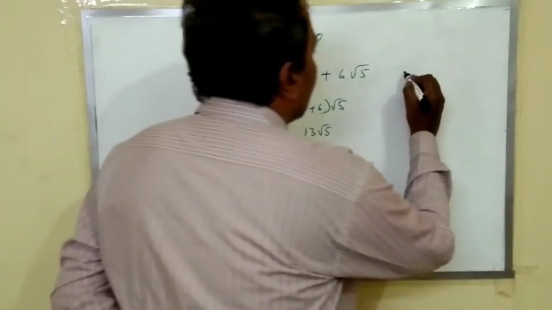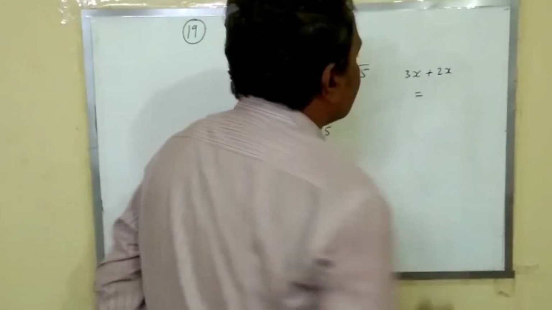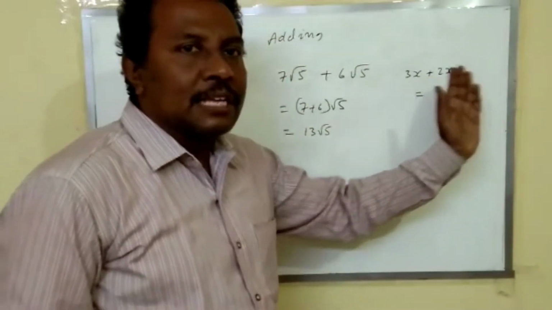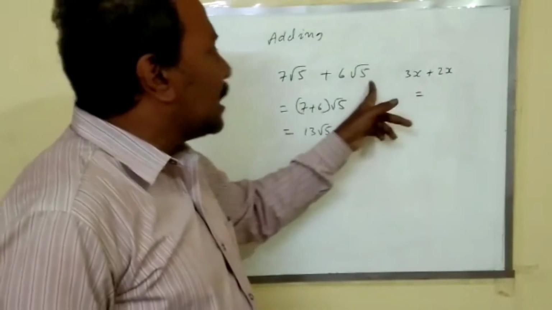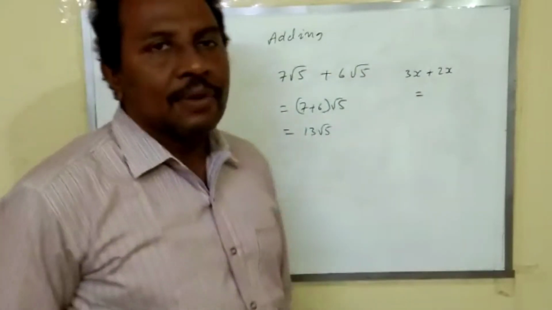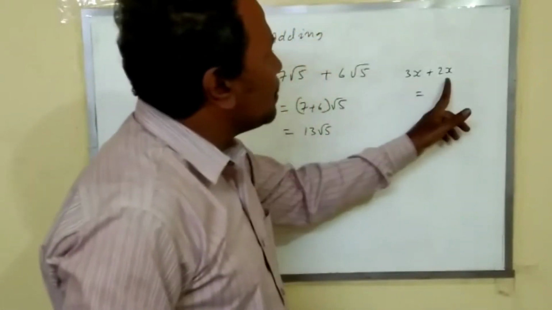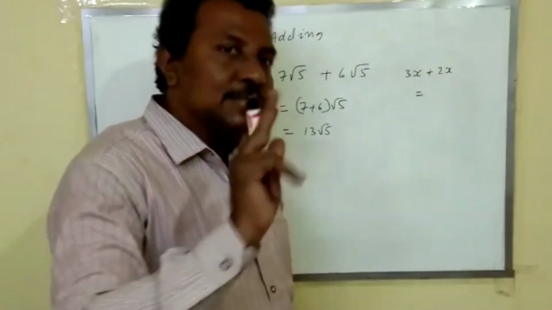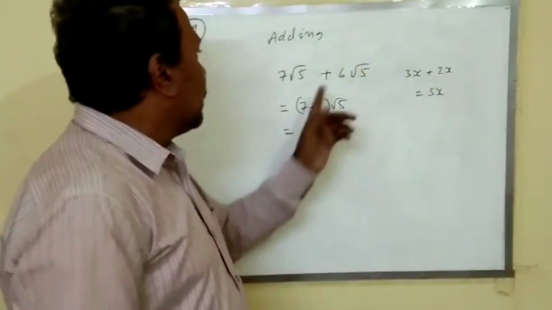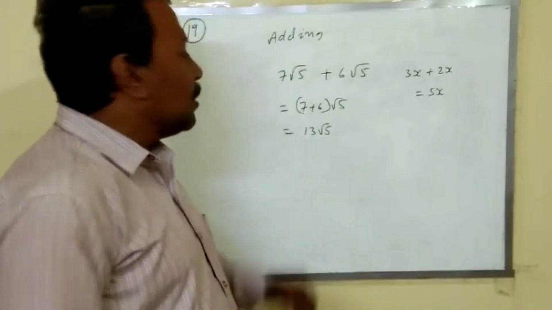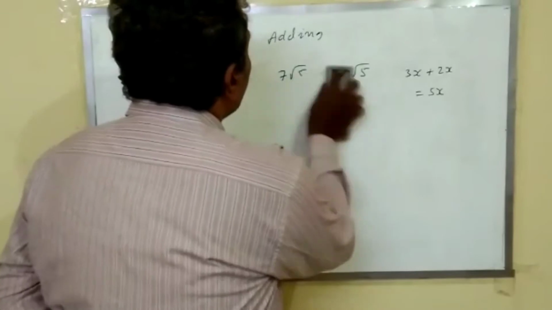This can be explained in an easy way. 3x plus 2x. If the variables are equal and if the exponents are equal, then they are called like terms. In the same way, if the radicands are equal and the orders are equal, then the sets can be called like sets. Here we add 3x plus 2x, total 5x. In the same way, 7 root 5s plus 6 root 5s is equal to total 13 root 5s. Similarly,